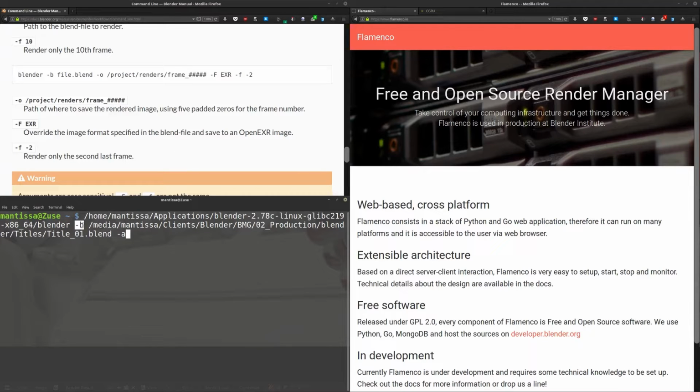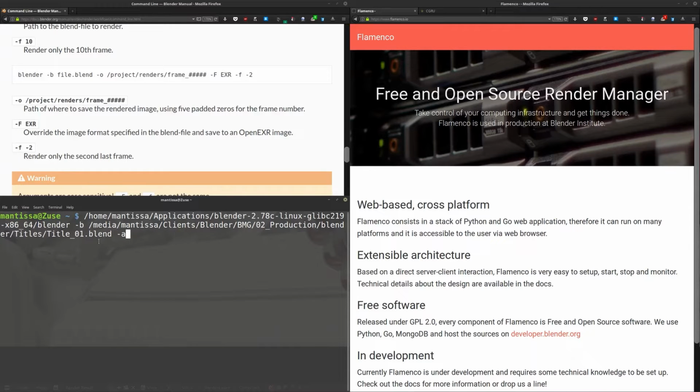Then the first command after that will be -b, which basically means you're going to render just in the terminal, and Blender will stay in the background, and you'll just get some output in the terminal of exactly what it's doing. Then the second part of this terminal command is just me pointing it at where my Blender file itself is. I have a directory here, which is a network disk, and I'm basically saying, okay, in the Blender Motion Graphics folder, I have a production folder, and I've got one of my titles queued up, and that's what I want you to render. Now, this -a flag basically means it renders the whole animation, the way it's set up within the file.